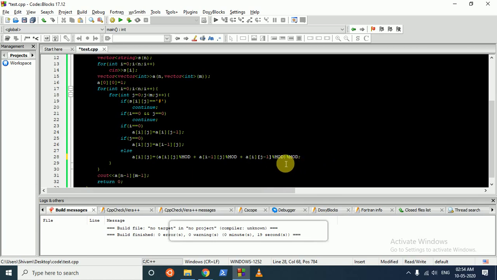Okay, then we have made the array i equal to 0, this is n, j equal to 0, and j plus plus, equal to hash. You just continue. Okay, now let's run this.